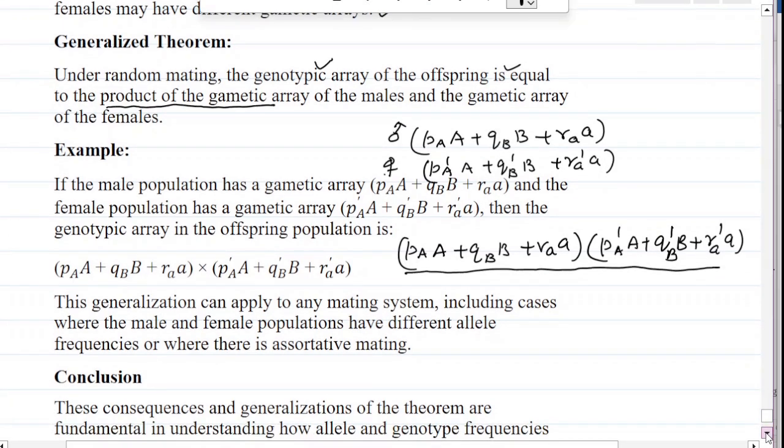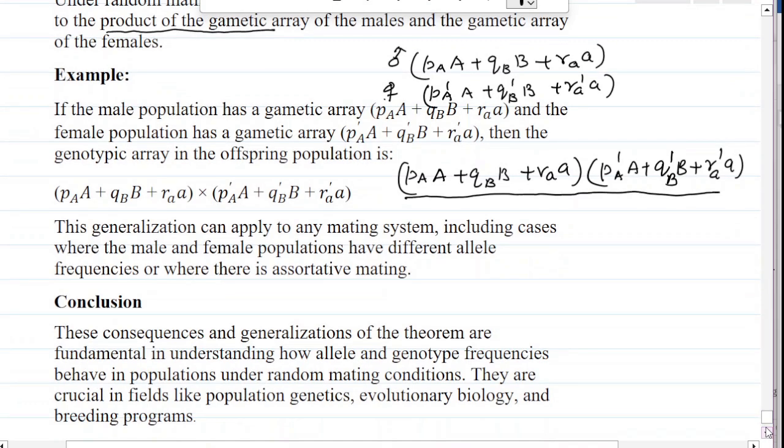So we can conclude that the consequences and generalization of the theorem are fundamental for understanding how allele and genotypic frequencies behave in the population under random mating conditions. They are very important in the fields of genetical statistics, population genetics, evolutionary biology,